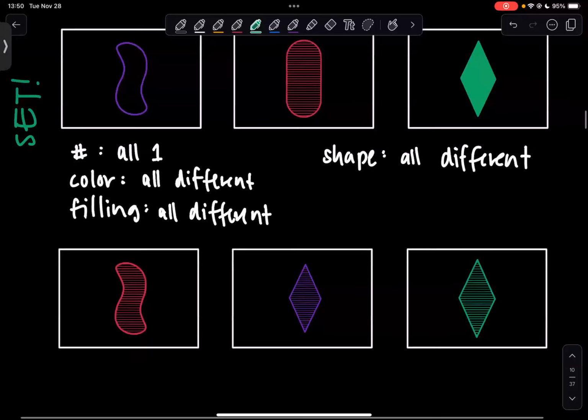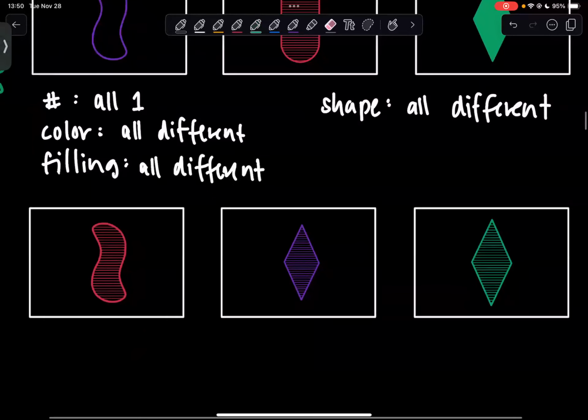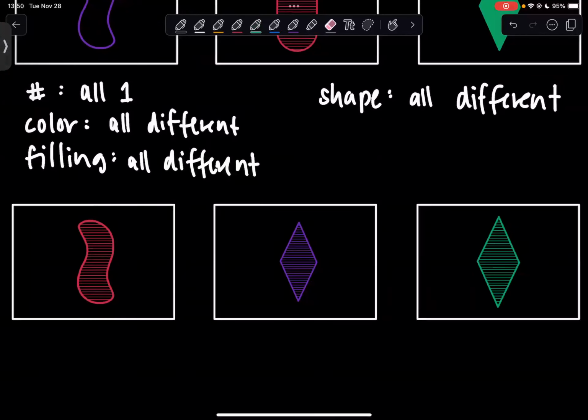Okay, and let's look at this one here. Again, we have the colors red, purple, and green here, and all of these should look like stripes. Hopefully you can see the stripes on your side. And what do we think? Not a set, right? As soon as we see two diamonds and one different shape, right? So it could have been a squiggle or an oval.